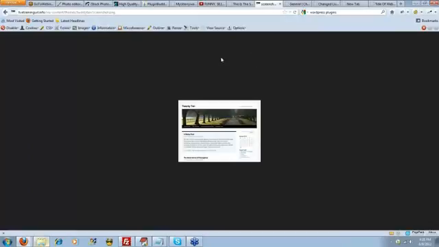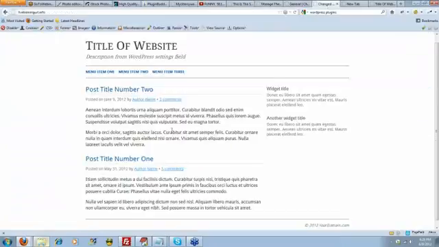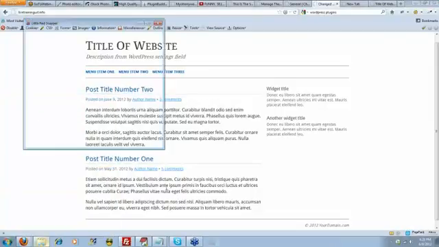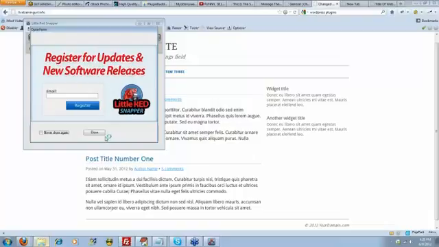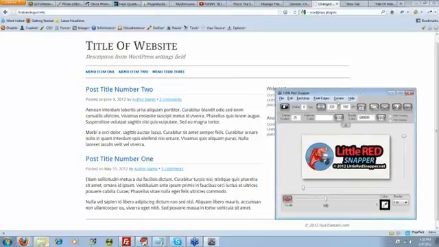So here's what we're going to do. We'll go back to my demo site, and I think I can bring up, we'll see, a new little piece of software that my buddy Dave told me about, called the Little Red Snapper. Now, you don't have to use this tool. You can use any screenshot facility, but this makes it pretty easy to do this,